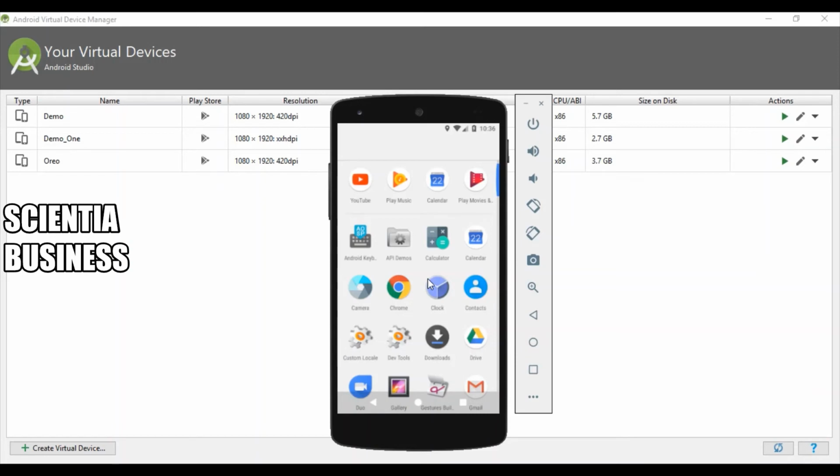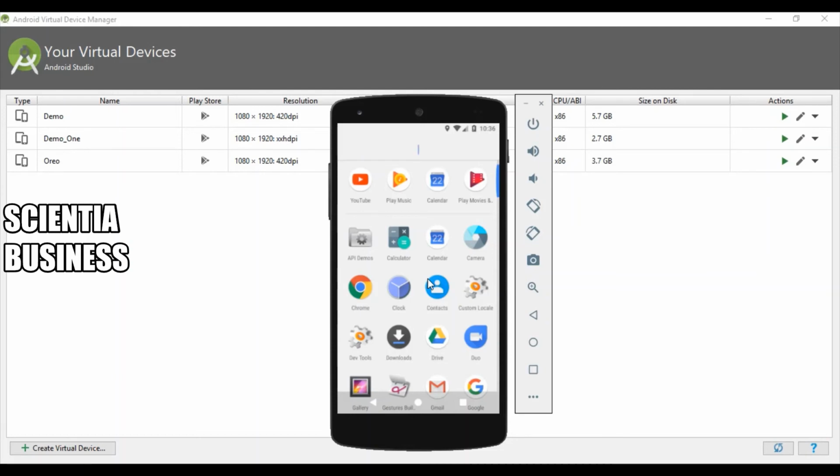Like I told you in my previous lectures, we would be using the Android Studio only for the purpose of creating the virtual device, right? All of the script part, all of the coding part, for that we will be using Eclipse.